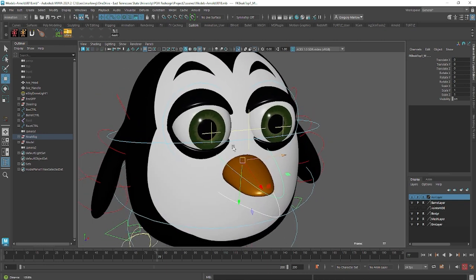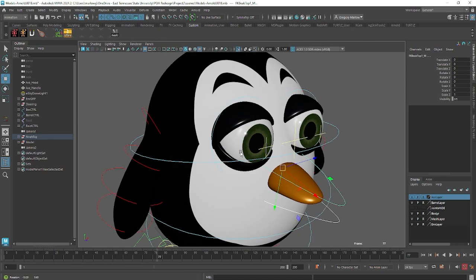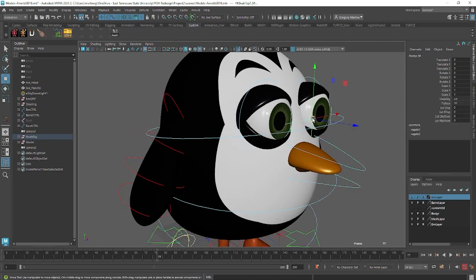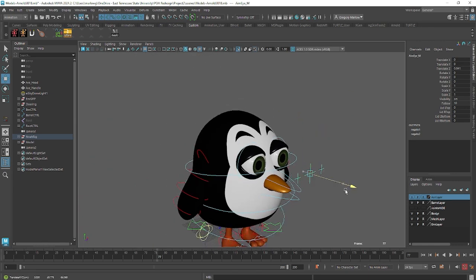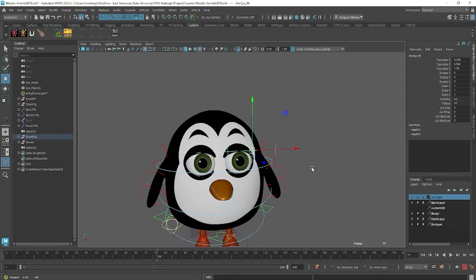You'll notice up at the top here we have these eyes, and the eyes can work in two different ways. We have this aim control, where you pull this forward, and whatever this is looking at, Noah will also look at it. On this aim control, you'll see that I have controls for the lids here. So if I want to do the top lids squinting down, I can. And if I want to do the bottom lids squinting up, I can. Or if I wanted to make the character blink, I can do